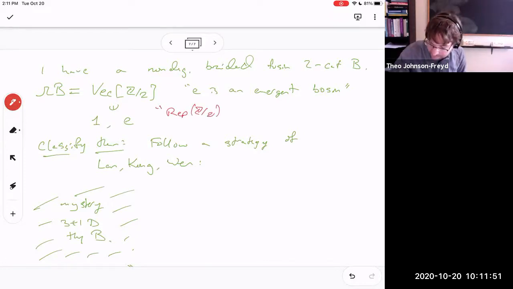So E, you should think of it as charged under the set. It has non-trivial charge under the Z mod 2. And inside of rep Z mod 2, there's a commutative algebra, which is the functions on the group Z mod 2. Doesn't matter that I'm doing Z mod 2 right now. In general, if you have the representation category of a finite group, it has an algebra called the functions on the group. This is a commutative algebra object.